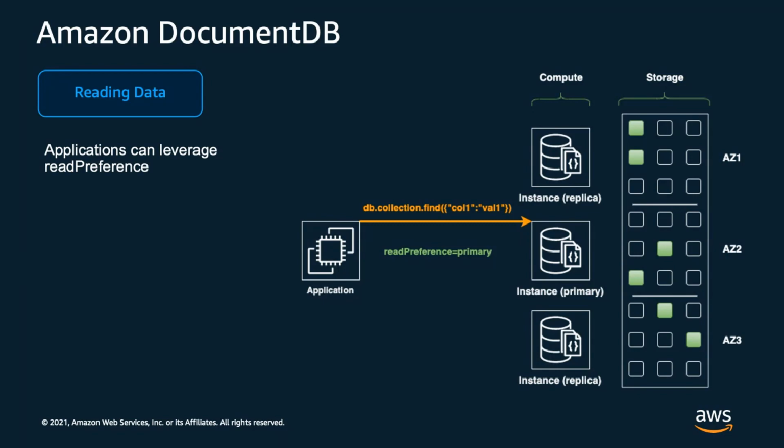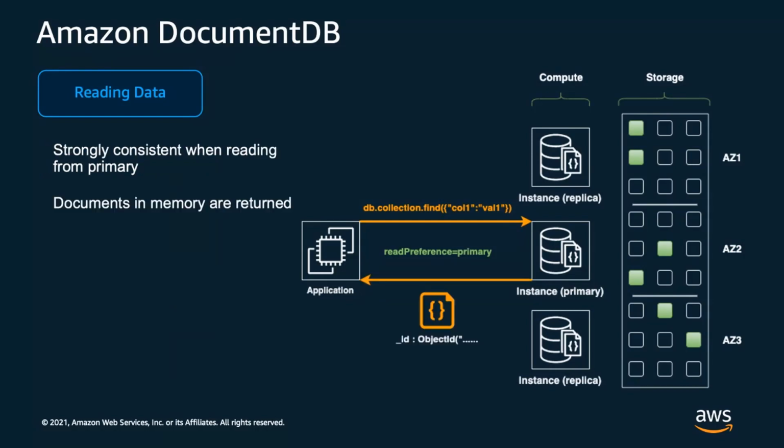Now, our best practice when using DocumentDB is to use a secondary preferred read preference. And that's so that your primary can focus on doing all the writes, while those replicas can do the heavy lifting of reads. But you are able to connect however your application needs by specifying that read preference. So here we can see our applications doing a simple find operator against our collection to find this one document. Well, when the documents that your application needs are located within the working set in the buffer cache, they're going to be served from memory. DocumentDB is going to return those documents immediately from the compute layer, and it never has to reach into that